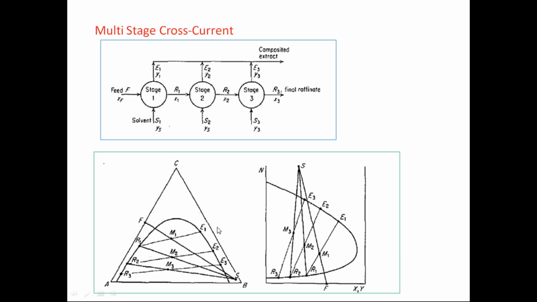So you will get the composite concentration of the solute in the extract phase. In that way you can do the number of stages estimation, either based on the amount of solvent available with you, or whatever concentration of the solute is required in the final raffinate. Maybe this is the desired, or they may give a certain solvent and ask you to find out in 3 stages what would be the final concentration. So in that way also you can solve the problems.